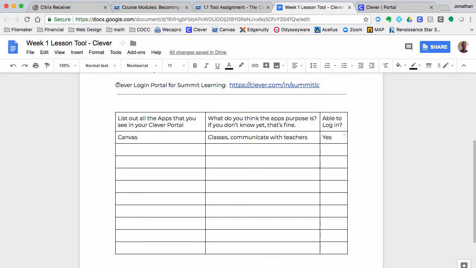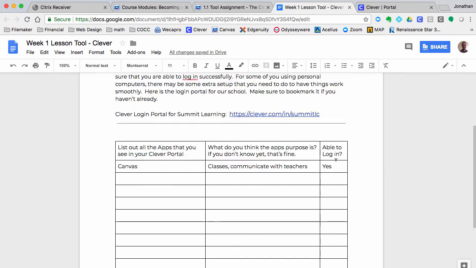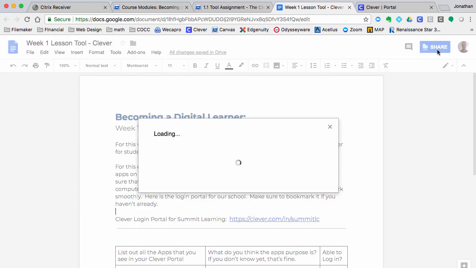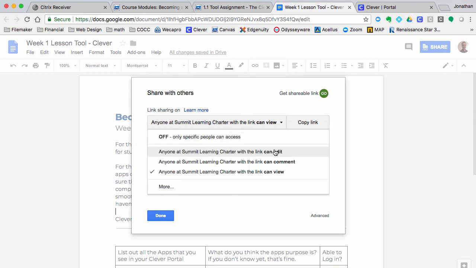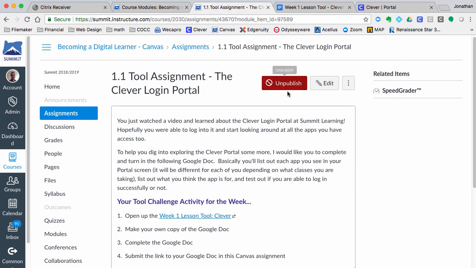Again, if you need the portal, if you're setting up your personal computer as well as your Chromebook, there's the link right there that you can do and then bookmark on your own personal computer as well. When you're all done, when you're ready to turn this assignment in, you're going to come up here to share. You're going to make sure I can edit so I can put comments in, copy the link, and you'll come right back up into here, and it'll look a little bit different because you're a student, but there'll be a submit button up here, and I just want you to submit the URL,